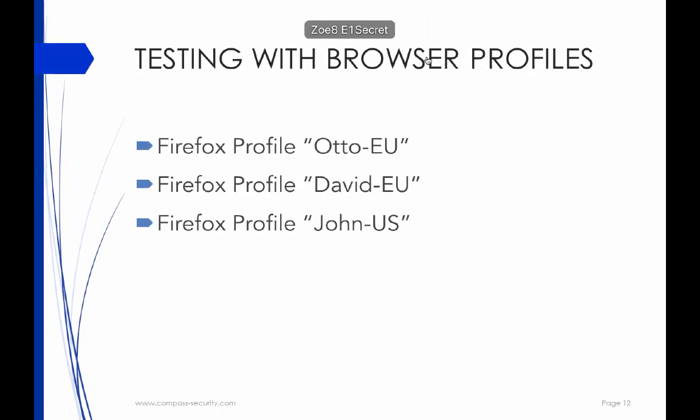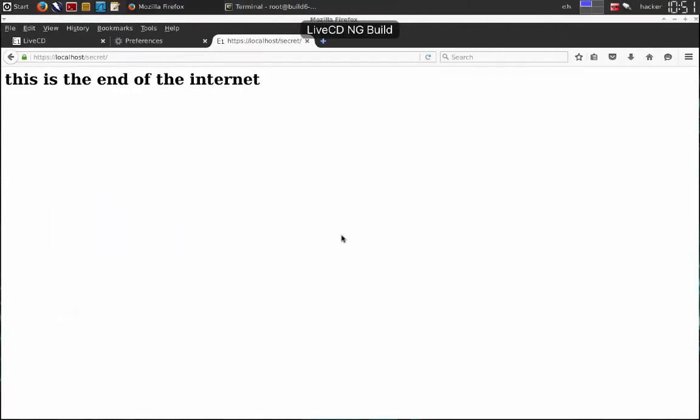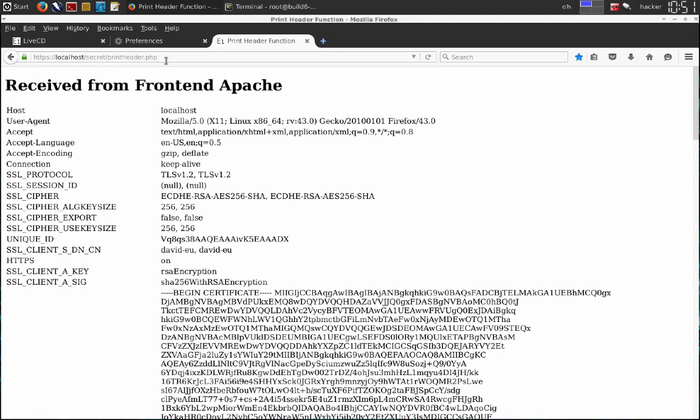Okay, so now for the sake of the presentation, to have a little bit more details about what client certificate is really connecting, I set up a printheader.php file, and I added the SSL environment variables from the Apache to this request, and the print header will just disclose the client certification attributes from the user that is connecting. So let's check how this works. So here, if I enter printheader.php,